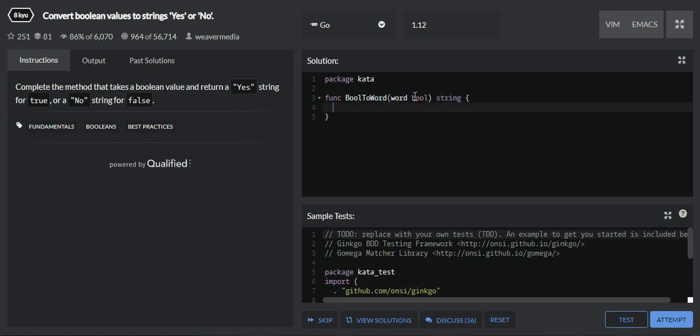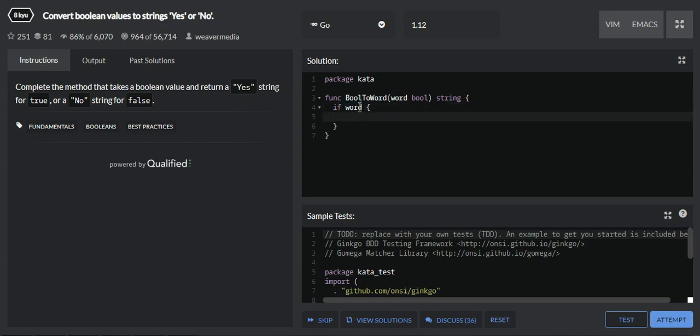As you know, boolean can have two values, and in Golang boolean can be represented as bool. We can check if word, if you directly give it like this, then you are saying if true.